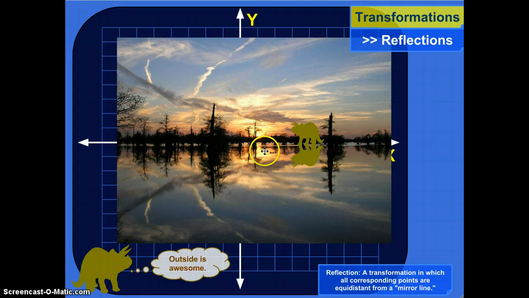Let's talk about this transformation called a reflection. And it's called a reflection because they're actually quite related to reflections in ordinary life, like we see in this picture. If you notice on a reflection like this, if you were to draw a line